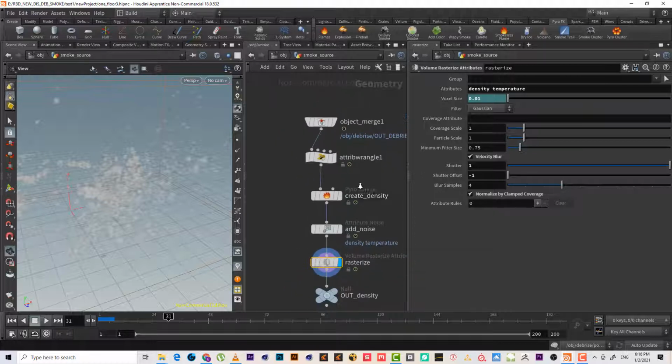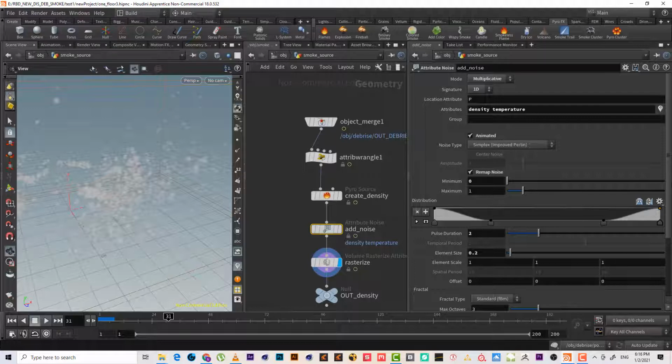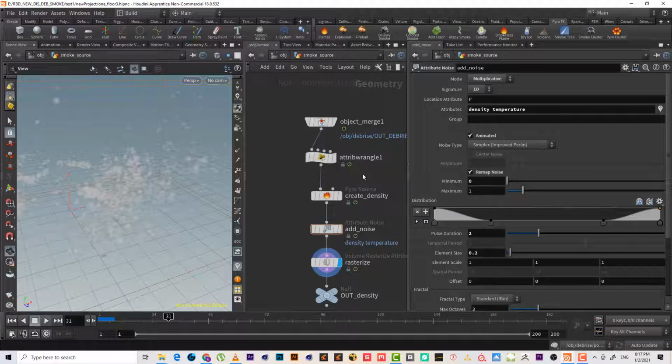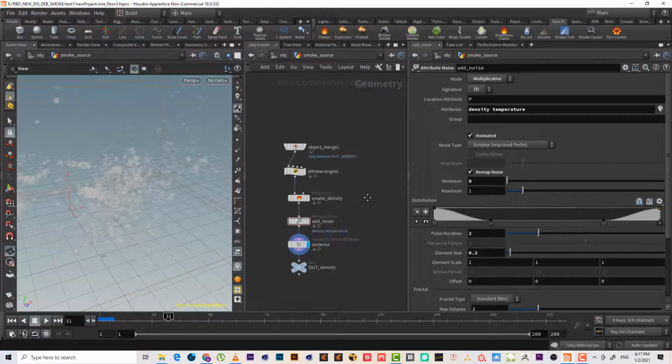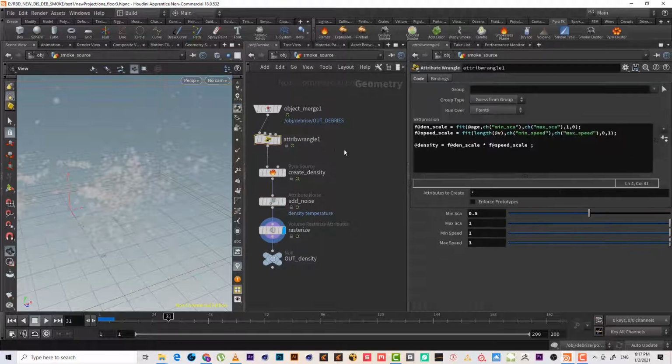Not much. We have element size, plus duration. Okay, looks good. I'm gonna change it. So this is the first method. Okay, the second method,